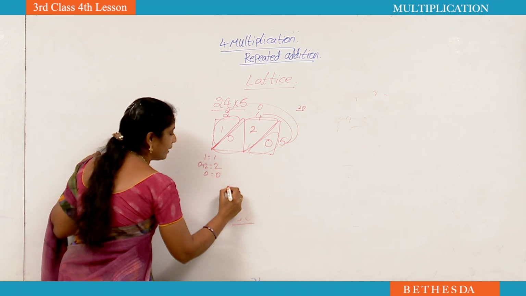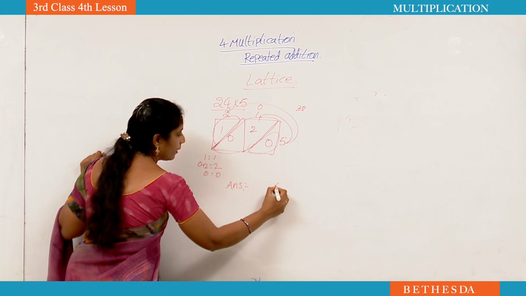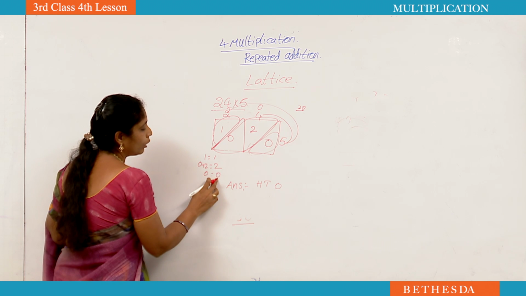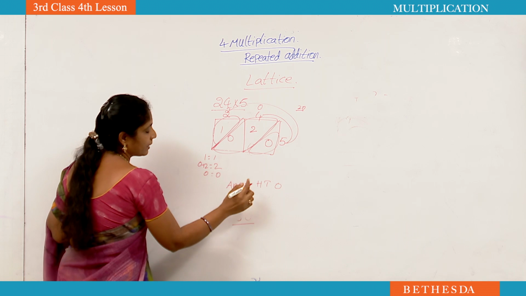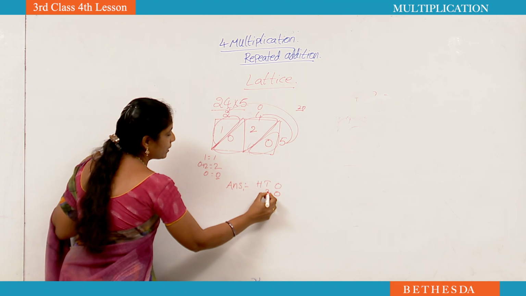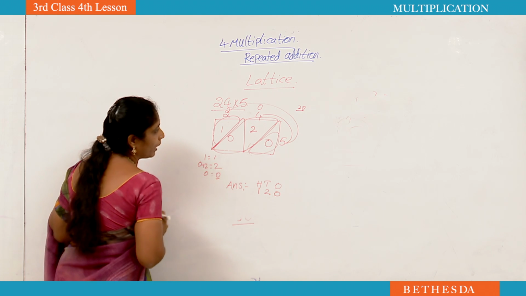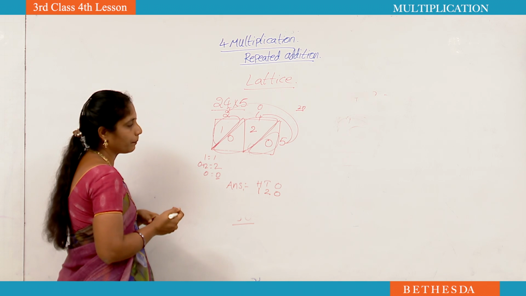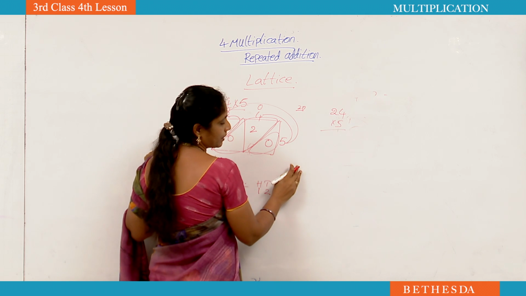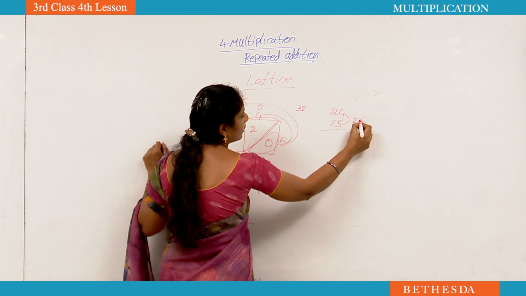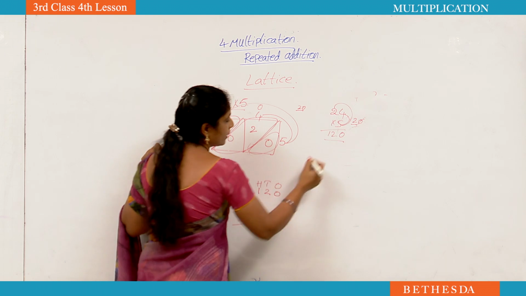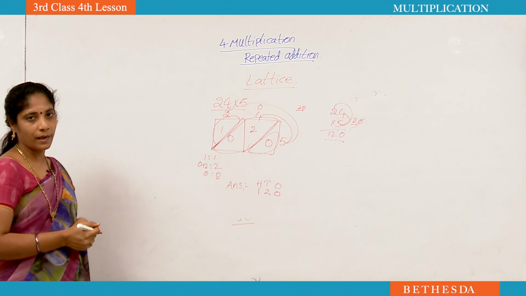Now how to write the answer? Write the place values ones, tens, hundreds. While we are writing the answer, we have to start from ones place. Ones place number we write down to up. Ones place number is 0, tens place number is 2, hundreds place number is 1. Now the answer is 130. If you want, you can do this sum in the normal method also, we will get the same answer. 4 5s are 20, cut 0 and write down. 5 2s are 10, 10 plus 2, 12. Yes, in both methods we got the same answer.